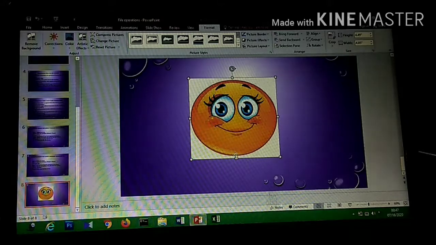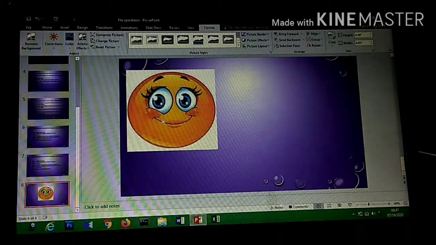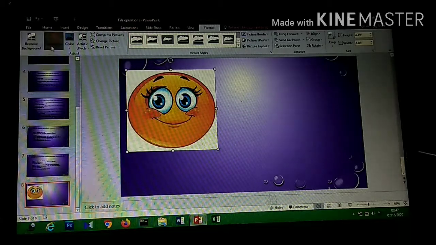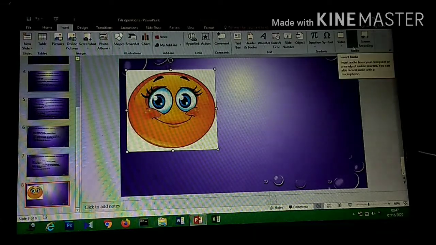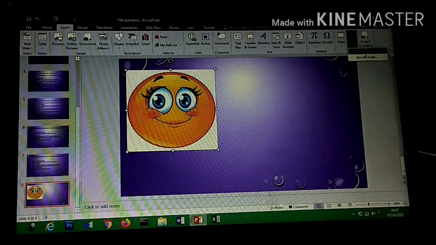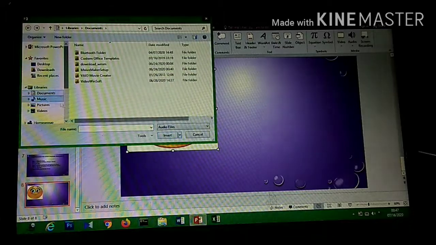Okay. The next that we are going to see is how to use the media clip. The media clip means your audio and the video on a slide. So suppose I want to insert an audio file. To insert an audio file, I'll go to the Insert button. From here, I will go to the media group. In the media group, I will select the audio. If I have any audio on my PC, I will select from here.